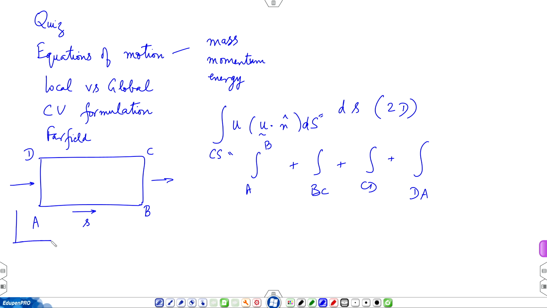But we also have a fixed Cartesian or any other cylindrical coordinate system. We often carry out such integrations in an orthogonal coordinate system. So, let us say Cartesian, in which case x and y. So, for A B, ds is dx. So this will be u times u dot n on that surface, let us call that V 3. Okay. So, the flow is taken to be in that direction, and the unit normal is also in that direction, but if it is, let us say in that example of flow over a flat plate,